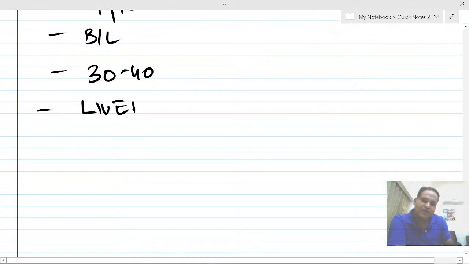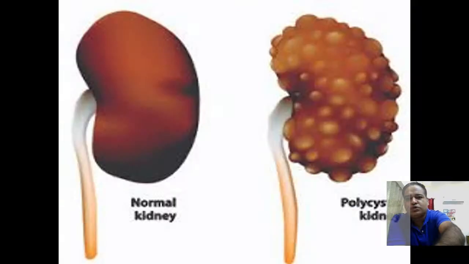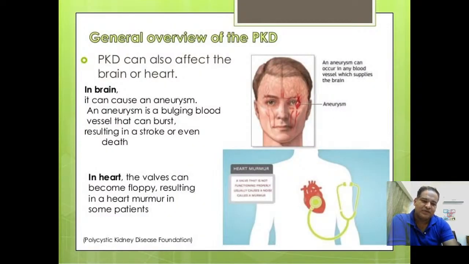Cysts are present in other organs also. Most commonly, it is the liver where the cysts are present. In the brain, there might be an aneurysm. Fine. Aneurysm in the circle of